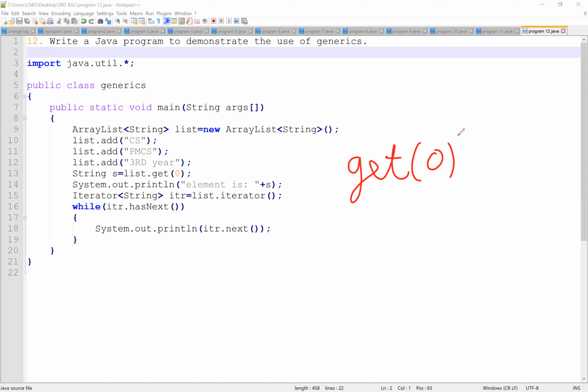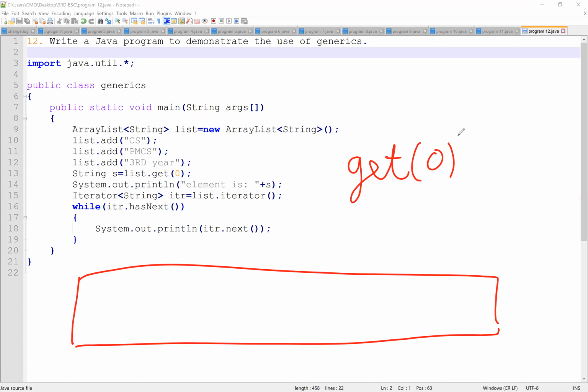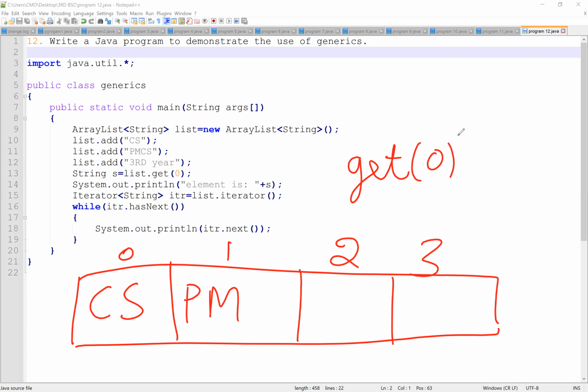For example, consider you have an array. This will be our array, with indexes 0, 1, 2, 3. In the first index we are storing CS. In the next index we are storing PMCS. Next is third year and so on.